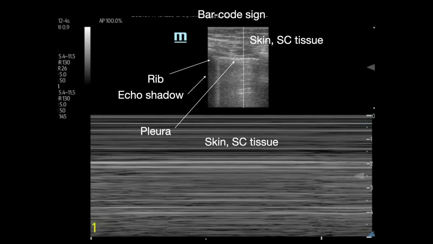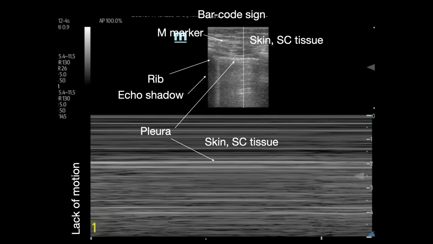You can see again the skin and subcutaneous tissue not producing any movement and looking like parallel lines in M mode. However, this time, after the pleural line, there is no degradation of the image, and you can see the lack of motion, again looking like parallel lines, and this is called